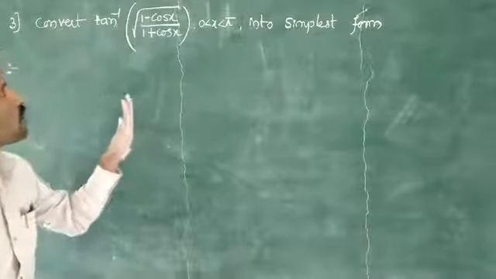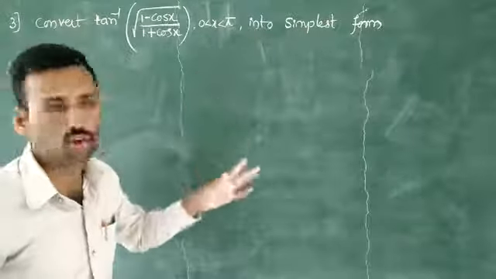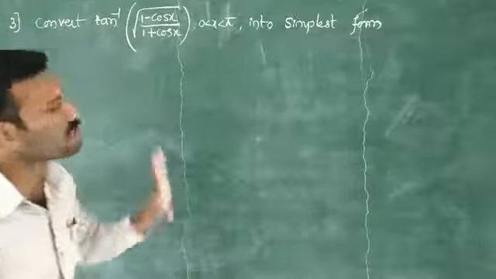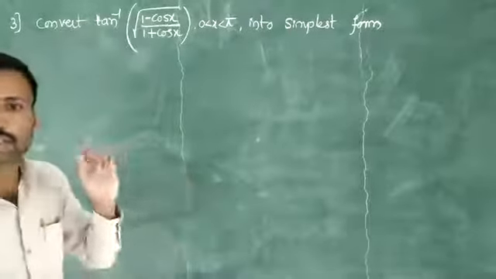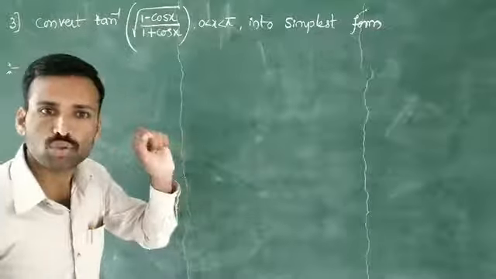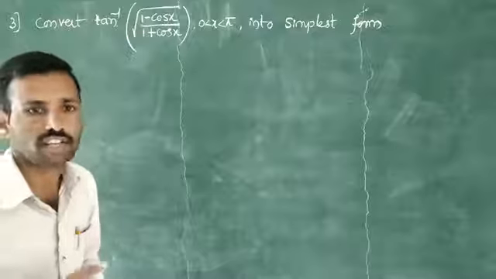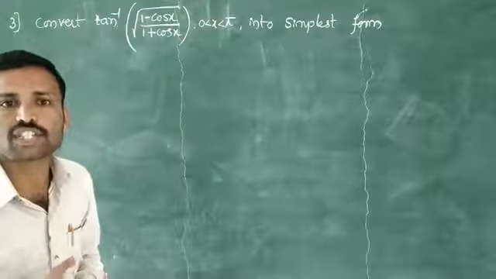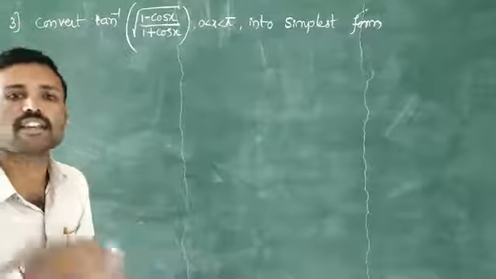Convert tan inverse of root of 1 minus cos x divided by 1 plus cos x, where x lies between 0 and pi, into simplest form. Here there is no x term, here there are trigonometric angles. That's why first we have to convert this into simplest form. First reduce it in the half angle form or generally compound angle form, and the angles which you have to reduce in terms of inverse angles, then we go for the simplest form.